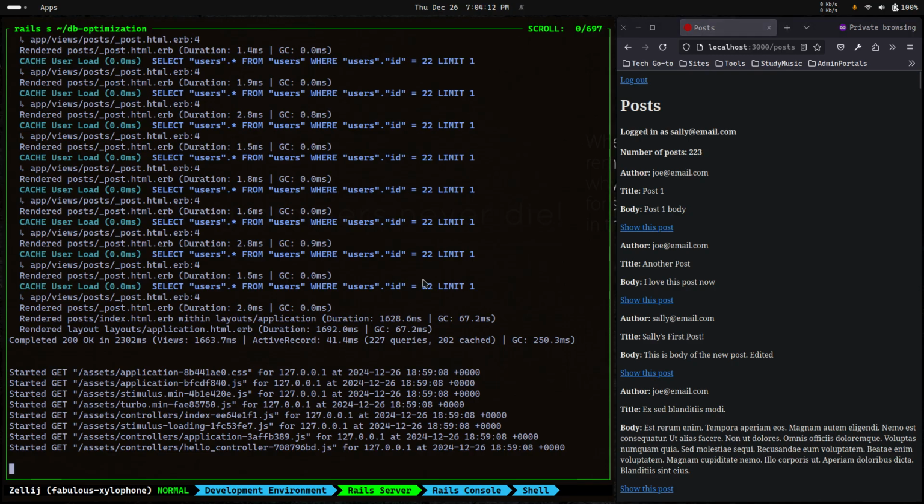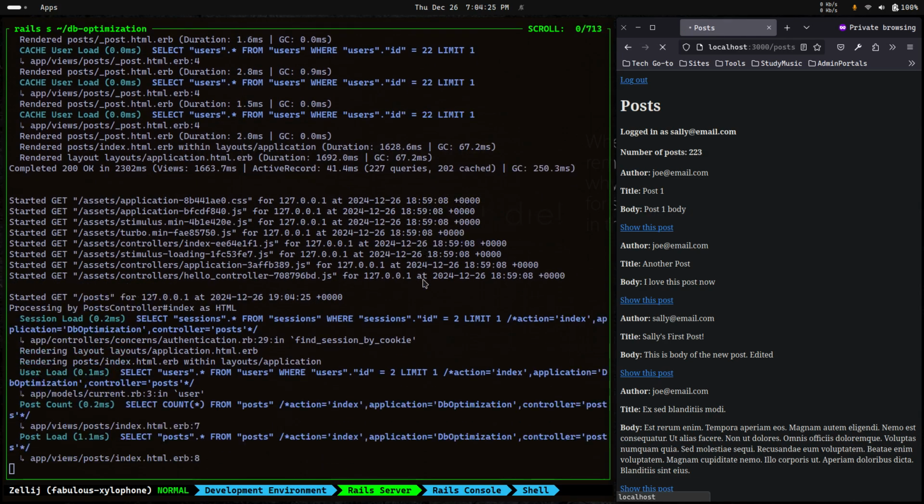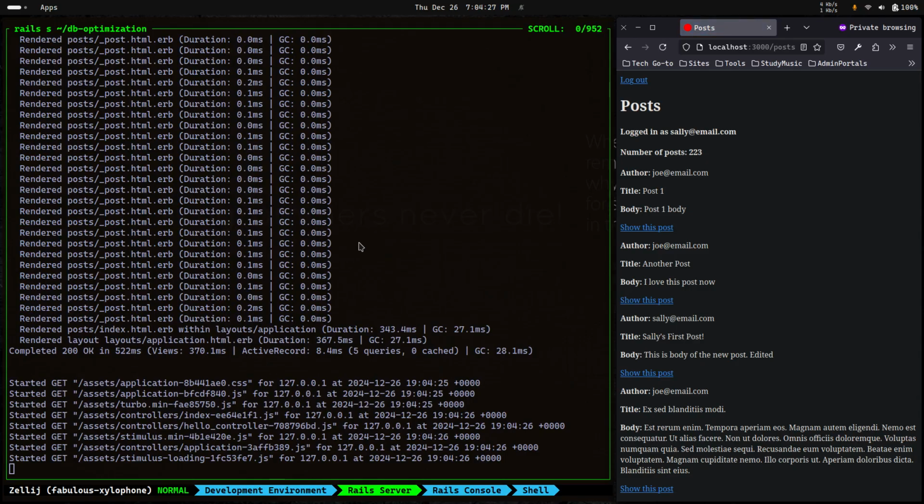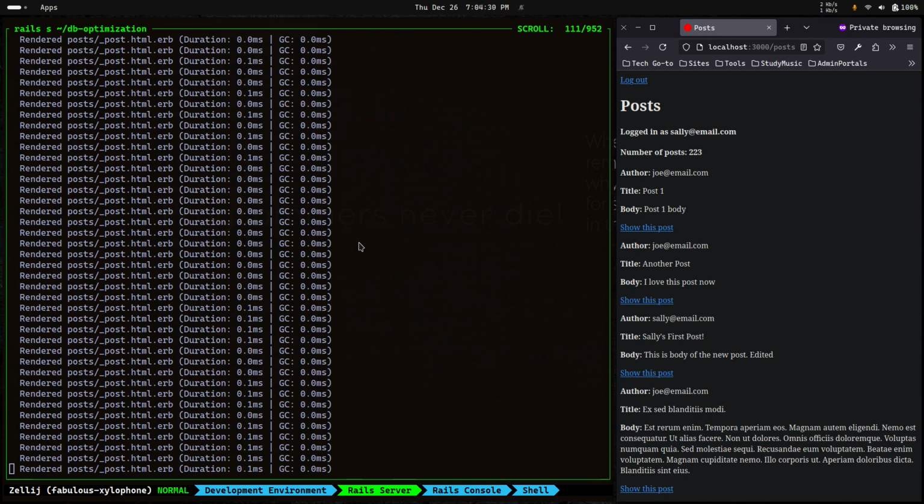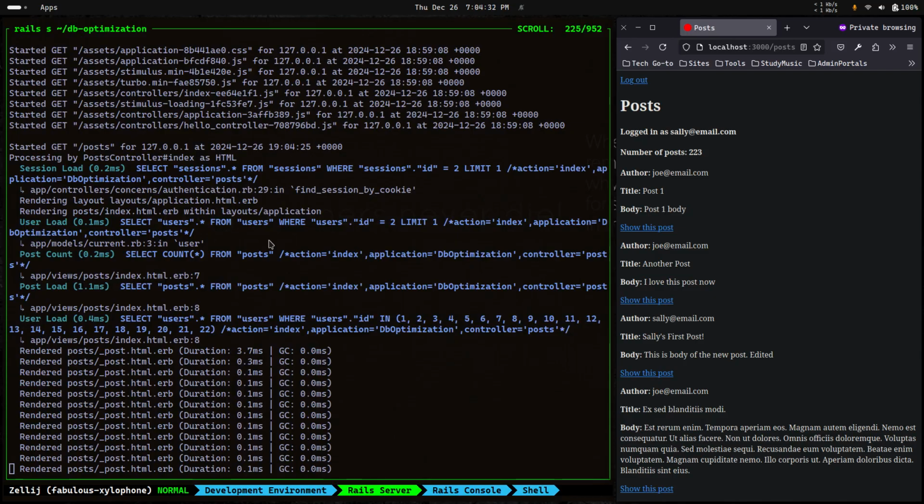So now that I've done this, where I include, basically to eager load the data, I go back to the browser and make another force reload with Control Shift R, right? And now you can see something a bit different, right? If I go all the way to the top, you can see that the number of requests we make has shrunk a bit. This time around, our usual loading of session is available because we have to know which